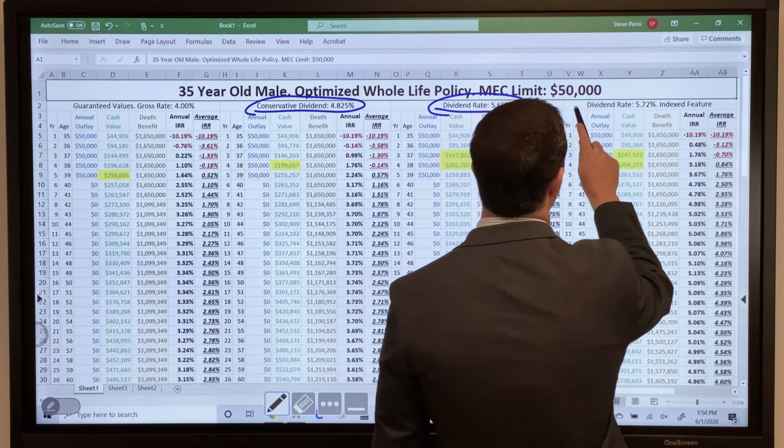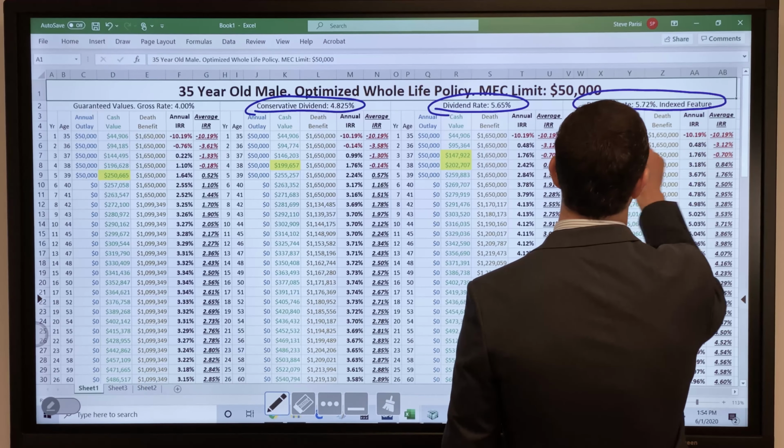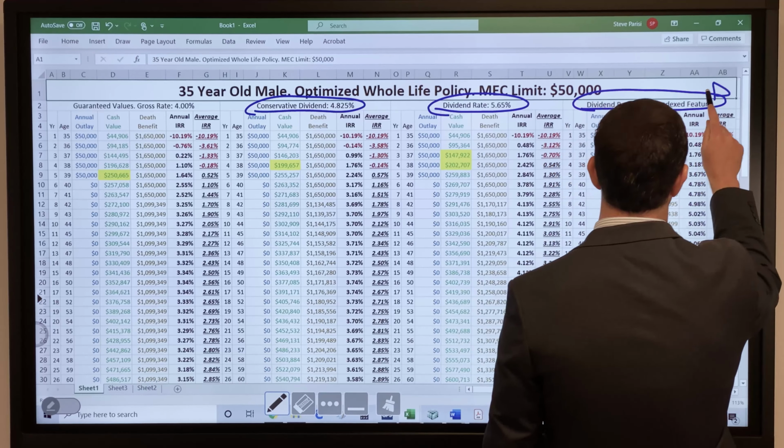And then we also have, with this whole life product, an indexed feature where we can index the dividend. We can switch back and forth between the basic dividend and the index. Some people like it, some people don't. If anyone attaches it, we usually put it at 0, which is the exact same thing as if you didn't have it. And then you can flip it on years that maybe the market tanked or something like that. But what you'll find here, so this again is touching on the cash value asset.